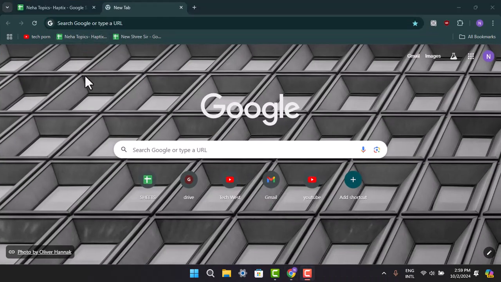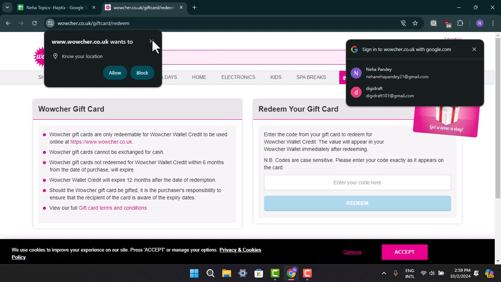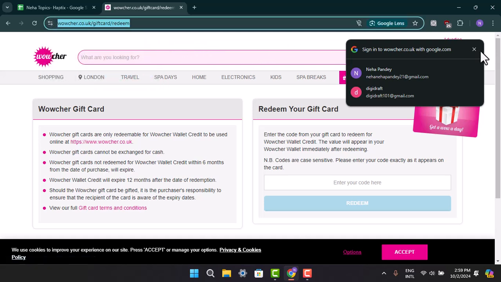In this video, I'm going to let you know the ways to redeem voucher code. So in order to redeem your voucher code, you can follow these simple steps. Open up a browser and on the web address bar, you can go ahead and type in the link, that is voucher.co.uk gift card redeem. That's going to take you to this field where you could go ahead and log in,